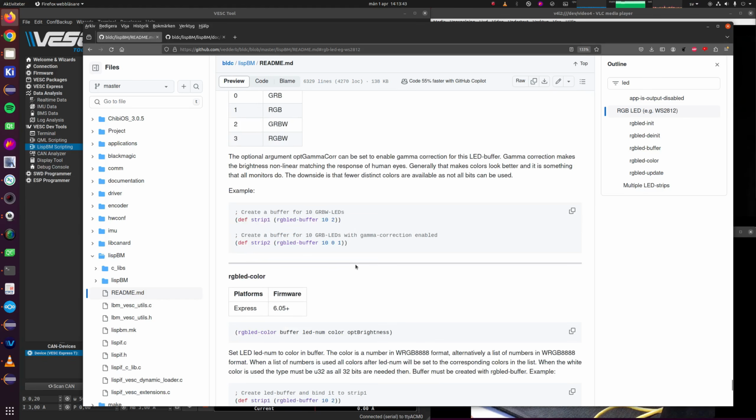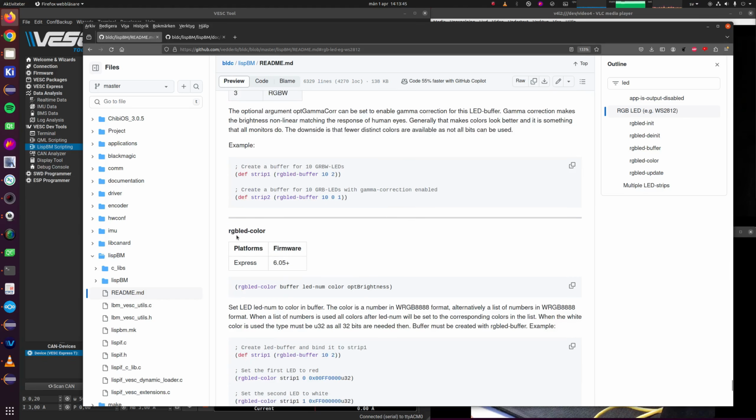Then to interact with the buffer, use the RGBLED color function. The color function takes the buffer, the LED number you want to write to, a color, and an optional argument for brightness. Now, one thing here is that the color argument can be a single color or it can be a list of colors, and that is very important here,